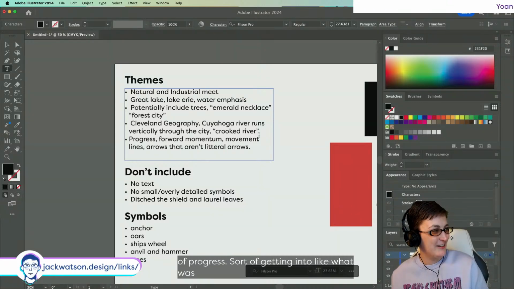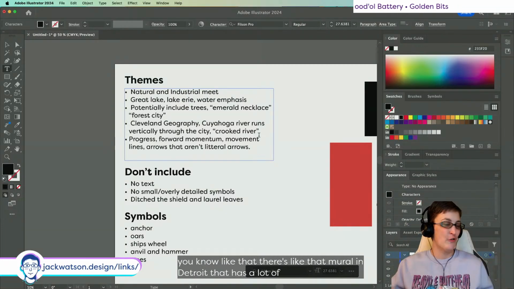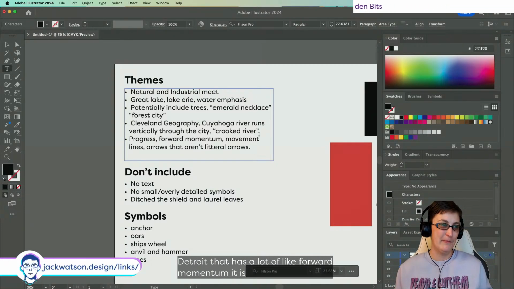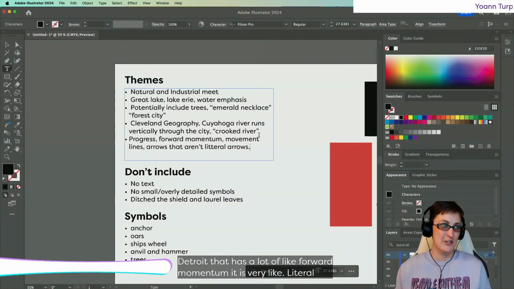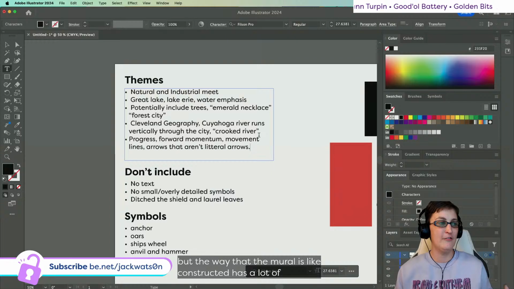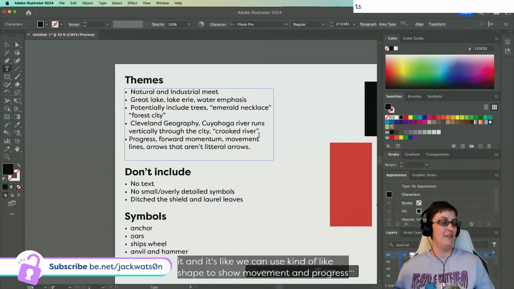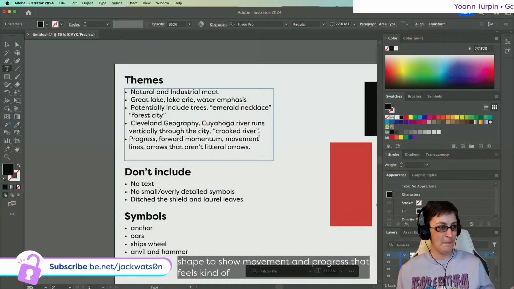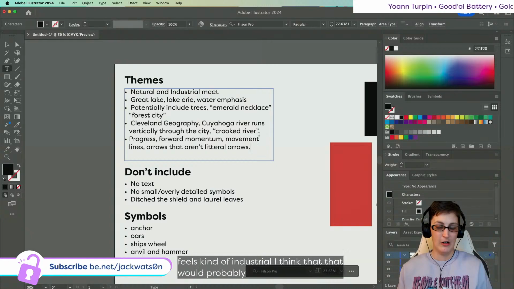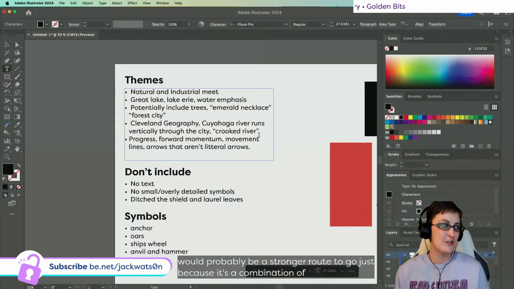I don't want to get into Soviet art, but there's that mural in Detroit that has a lot of forward momentum. It is very literal industry, but the way the mural is constructed has a lot of movement in it, and if we can use shape to show movement and progress that feels kind of industrial, I think that would probably be a stronger route to go,